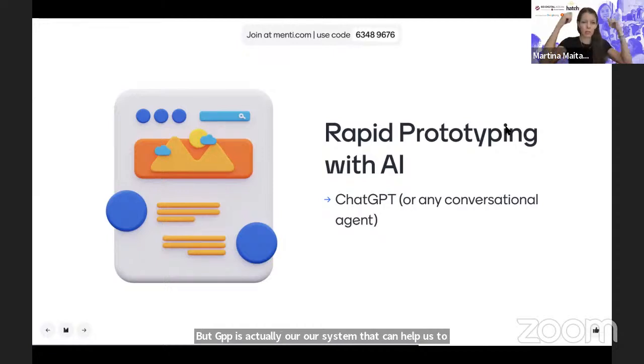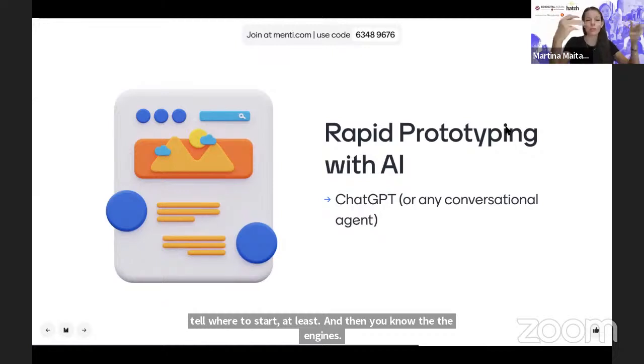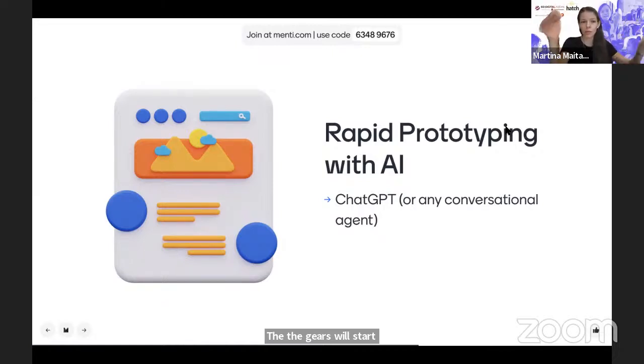And then the engines, the gears will start moving, our own gears. ChatGPT is a support. It's not replacing our brain. You're going to hear me say a lot of this. And the other one we're going to use today